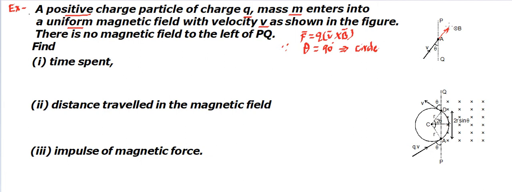So it's not going to move on a straight line like this, rather it's going to move on a circular path. Now if it is entering like this with velocity v, there can be two circles that it can form, one in this sense, another in this sense. So we need to see which one. That will be decided by taking the direction of this force. The force is going to be V cross B. V is in this direction, B is inside. So if you find the cross product, it will give a force at the entrance in this direction.